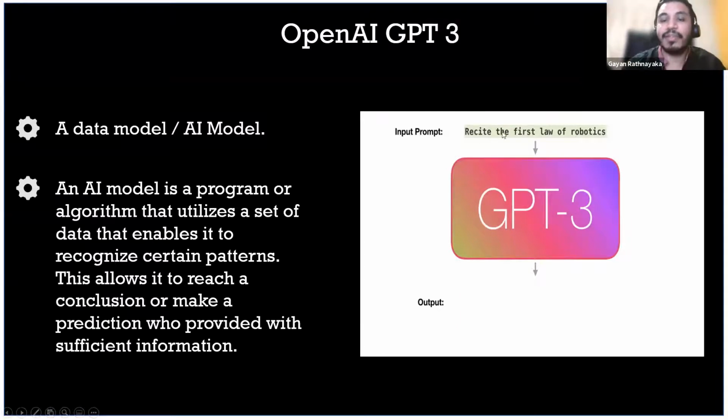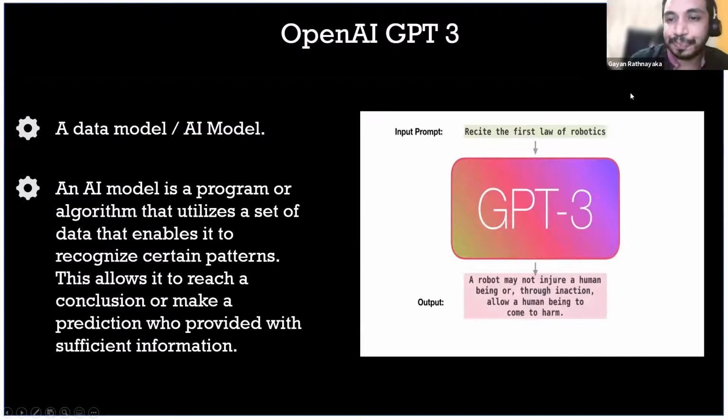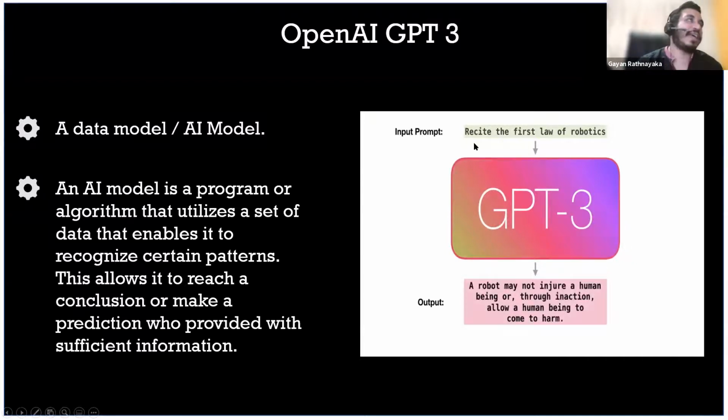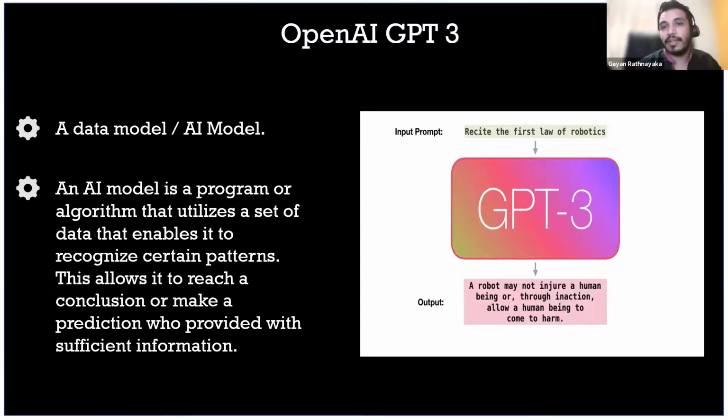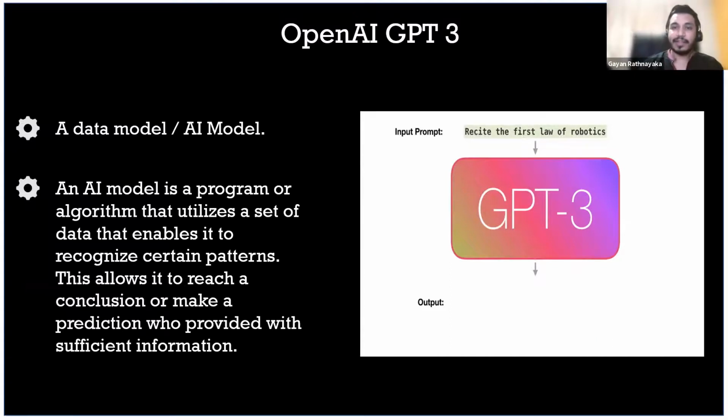So assume that you pass some question into that. It can be some kind of text, right? Here I'm passing something like, recite the first law of robotics. So this is a question, right?